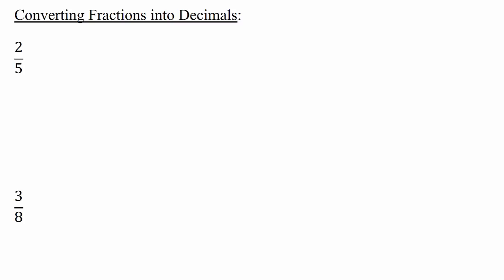In this lesson, we're going to look at converting fractions into decimals. I believe the easiest way to do this is by doing long division, unless you have a calculator, obviously. So for the first one, 2 over 5 here, I'm going to take 5 and I'm going to divide it